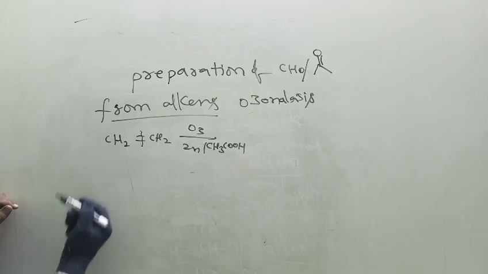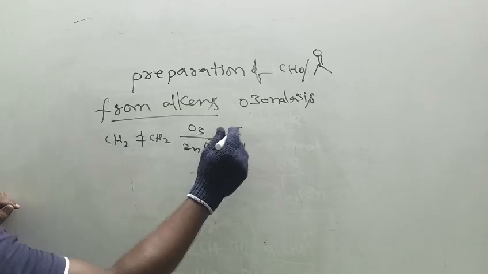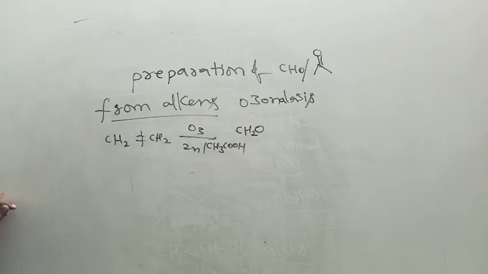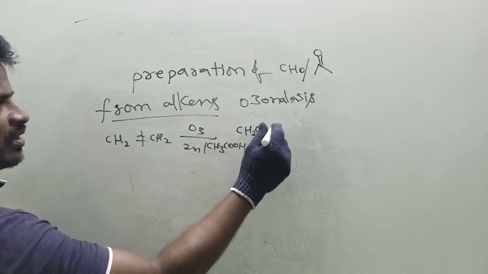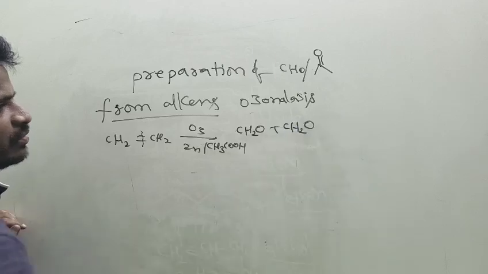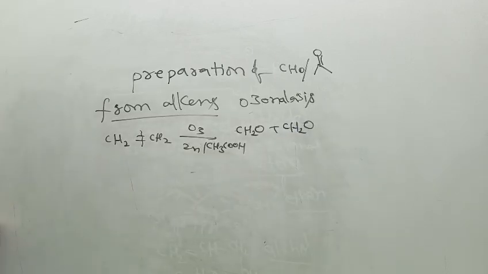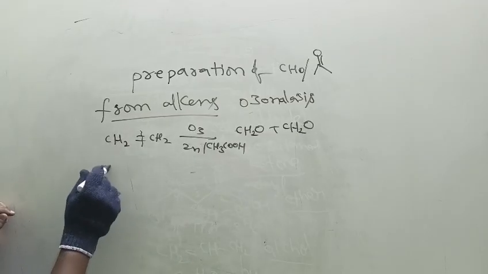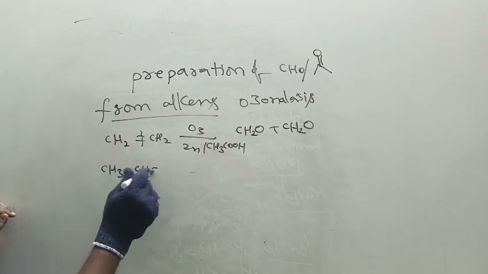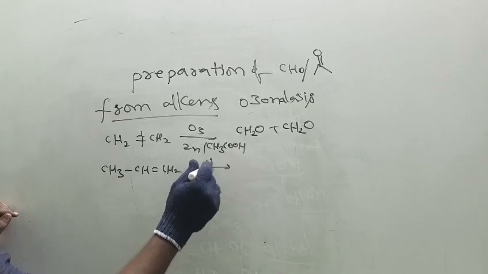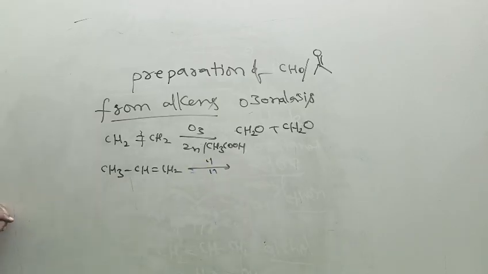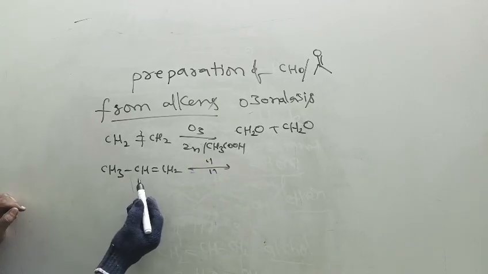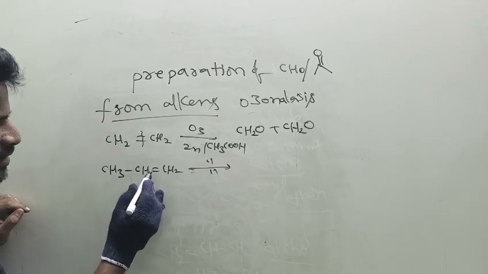This CH2 part by adding 1 oxygen is converted to CH2O, that is formaldehyde, and this part is also converted to CH2O, formaldehyde. These are the products obtained in ozonolysis. In ozonolysis, I am taking CH double bond CH2 with the same reagent, and here also the basic rule is break this double bond,